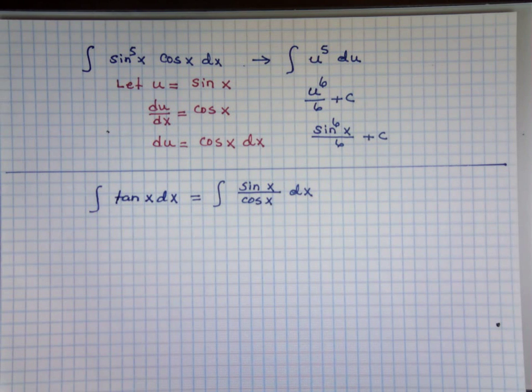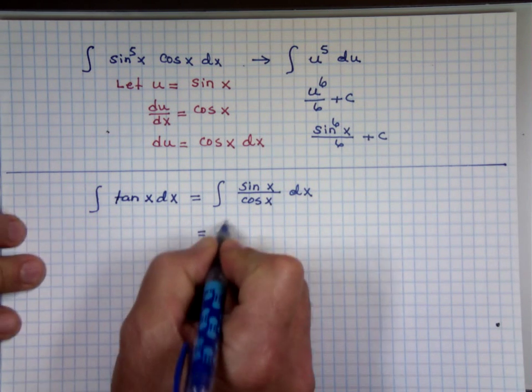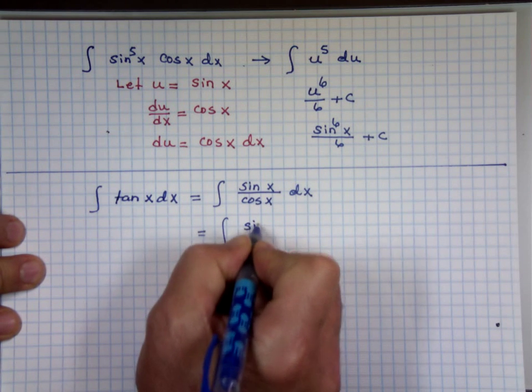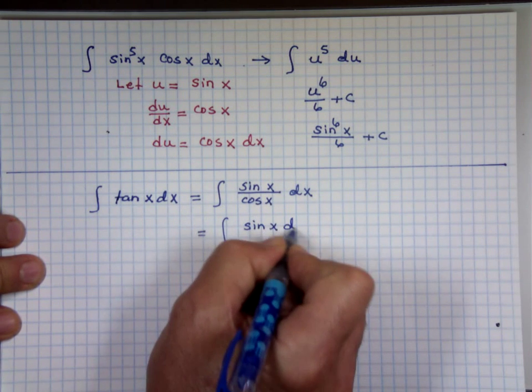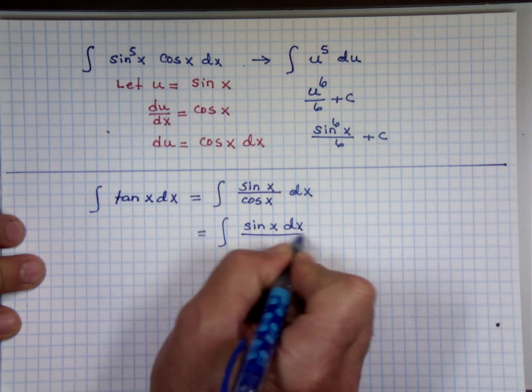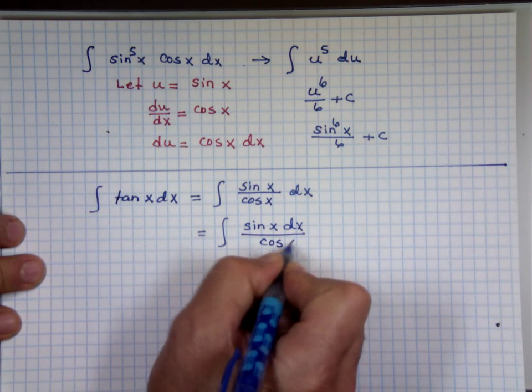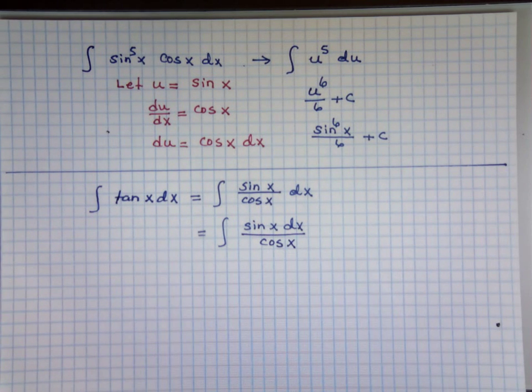So you can write that as sine of x dx over cosine of x if you want to. Now, if you let u equal sine of x, it's not going to work here because of the cosine in the bottom. But if I let u equal cosine of x,